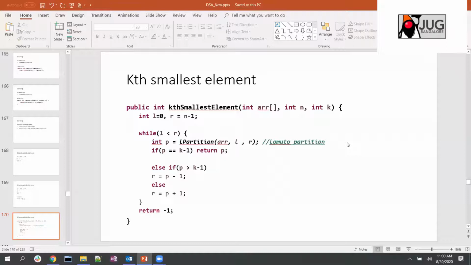So once you get the position of the 7, you check whether that position is what we were expecting. For example, if we are expecting the second position and it is the second position, then you just return that. If the position is greater, then you go into the first half, or otherwise you go into the second half, and you iterate through this. This works out much better. If you just go through it, you will understand.